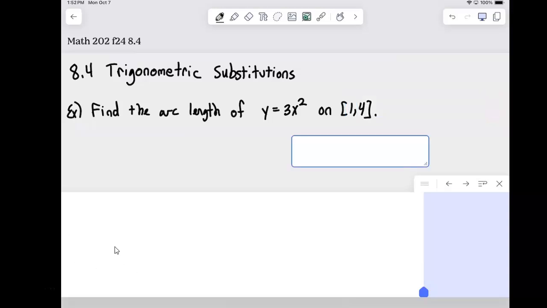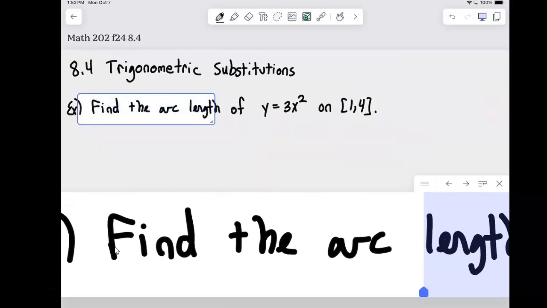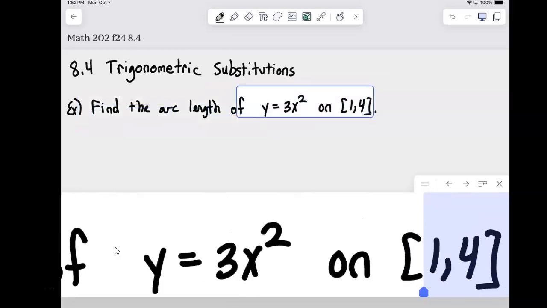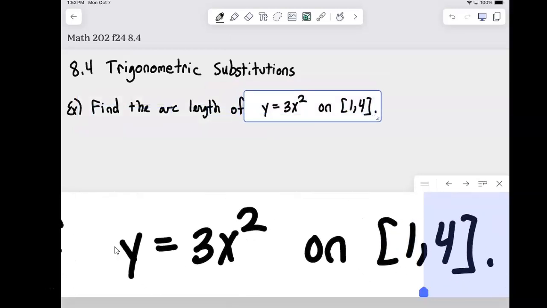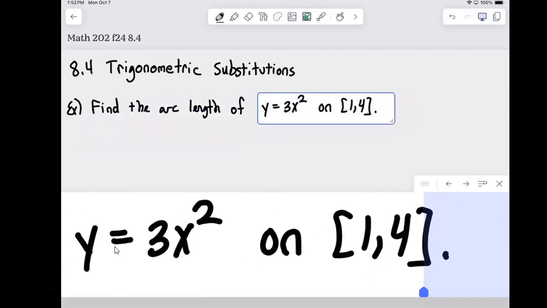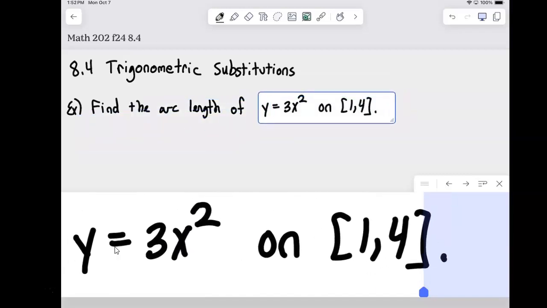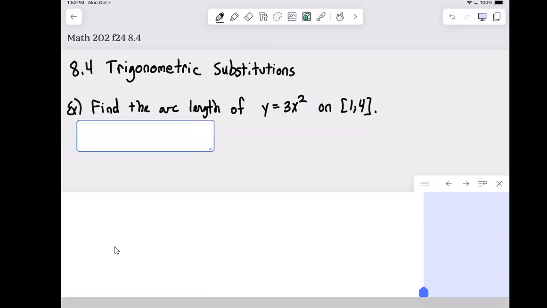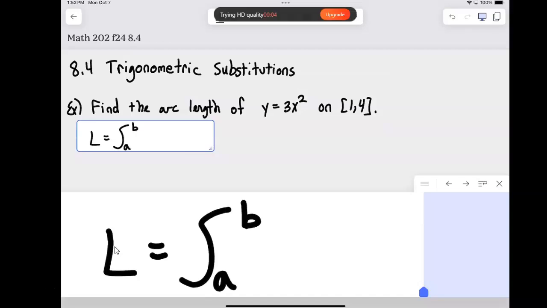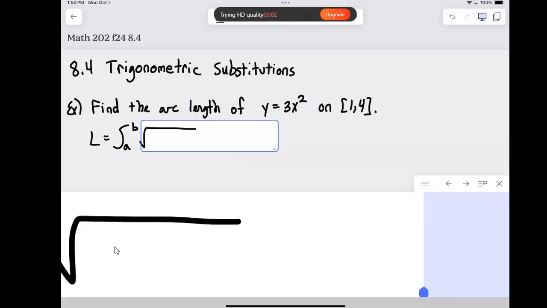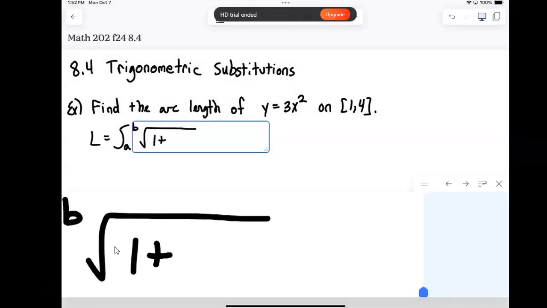Okay, so here we're first of all reviewing arc length. Remember, a lot of our arc length problems we did have to rely on technology, and so we want to begin this problem and see what happens. This is not a very complicated function, but let's first recall what arc length is. It's the integral between your two endpoints of the square root of 1 plus the derivative of the function